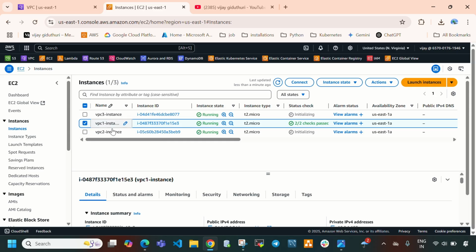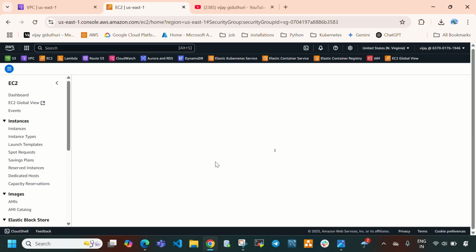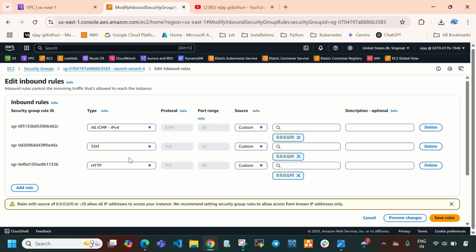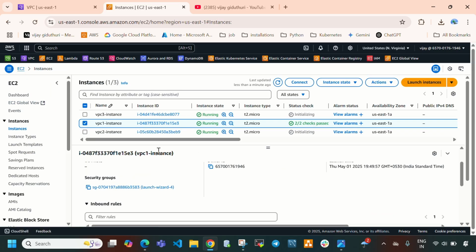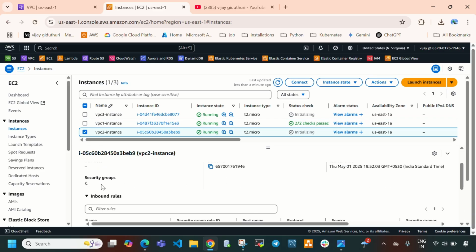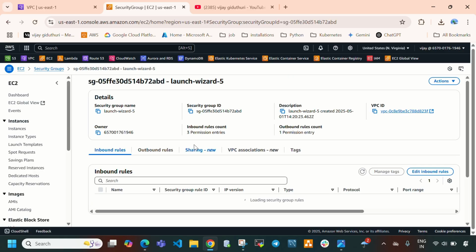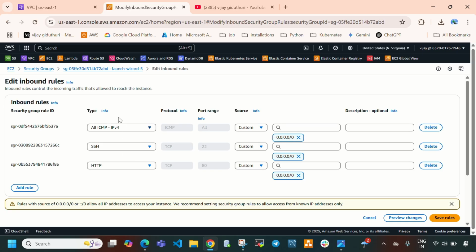So first let me select here VPC1, and in security, instead of custom ICMP, let me modify our security group to all ICMP. Directly select edit inbound rules, okay, we have here all ICMP. Okay, no problem. Let me select here EC2 instances and let me cross check for instance 2 and security, and here we need to select security group. So let's wait, let me open the security group and here edit inbound rules. Okay, all ICMP. Okay, no problem.